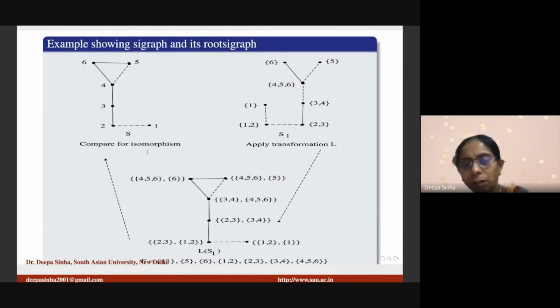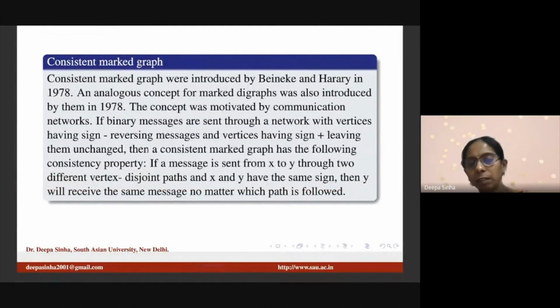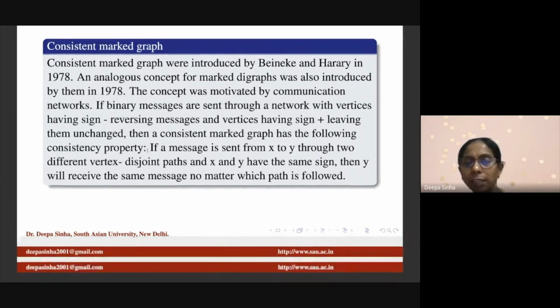Okay, so now one more thing: balance and consistency and all this I will be adding into the sign graph, so that it becomes more and more difficult to attack the network, because this property of line or any derived sign graph that we are going to obtain from S will be difficult to crack until and unless the other person knows which algorithm has been used to convert S into LS. So line sign graph into line sign graph.